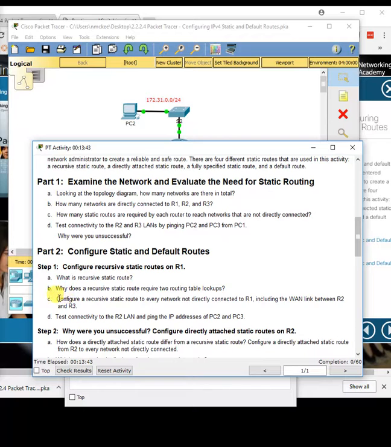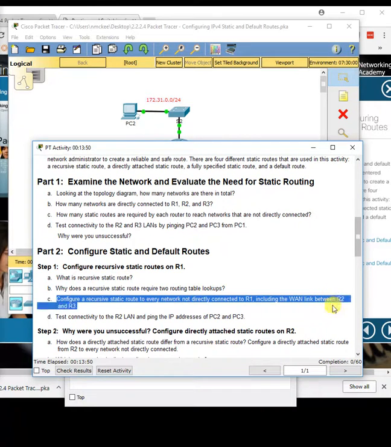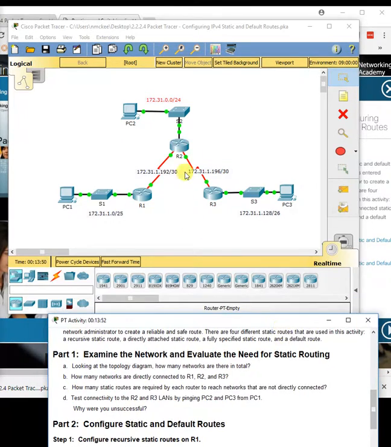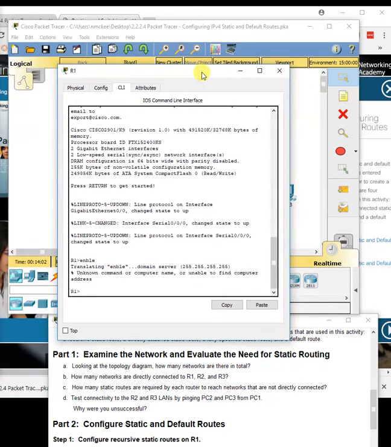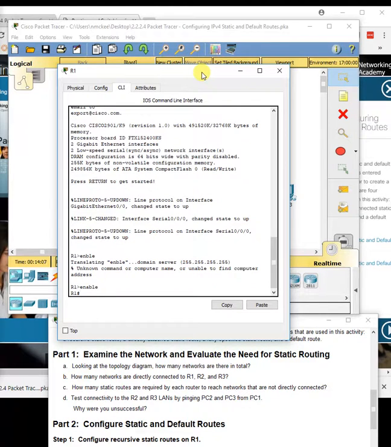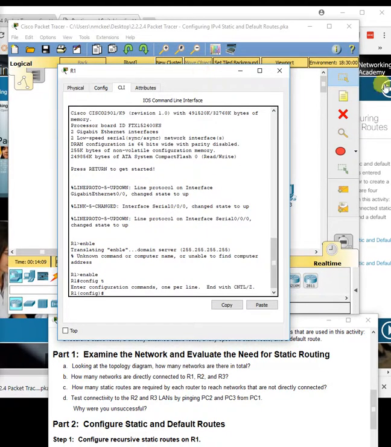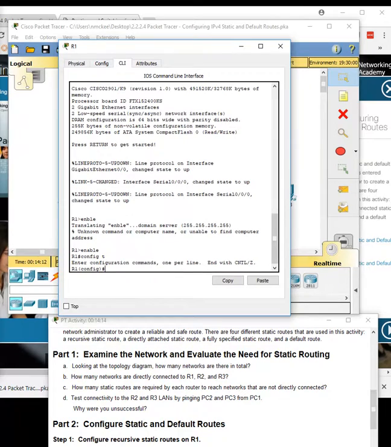Let's see. All right, so configure a recursive static route to every network not directly connected to R1, including the WAN link between R2 and R3. And it's talking about this. That's a WAN link, or you could say a leased line, but wide area network. All right, so let's open up the R1 command line. We got to do enable, config t, and global config. All right, so we're going to do 3 entries, one for each of these